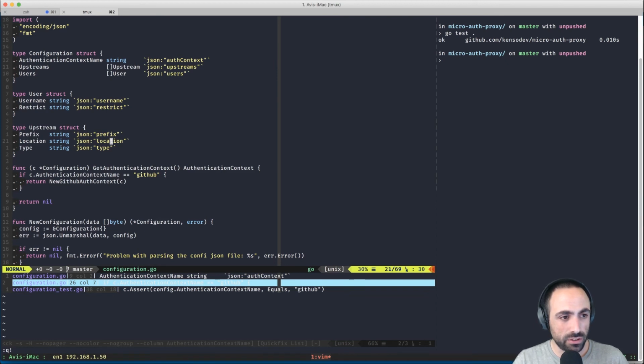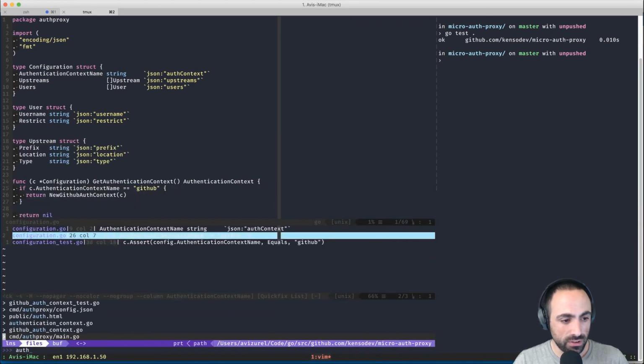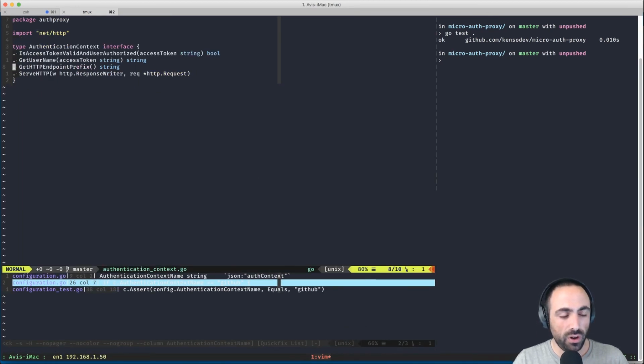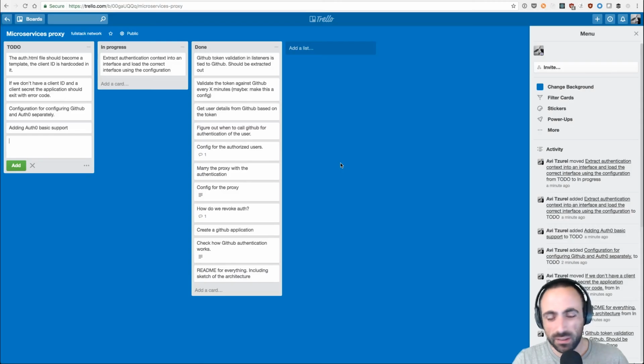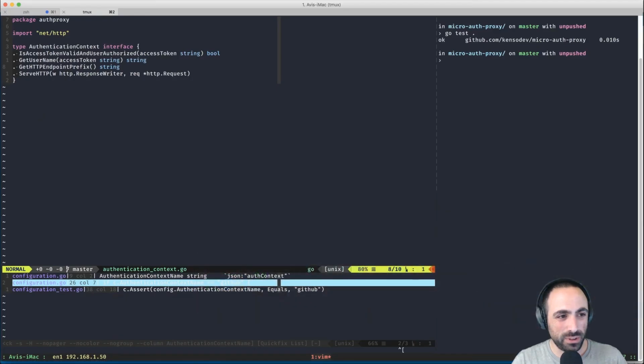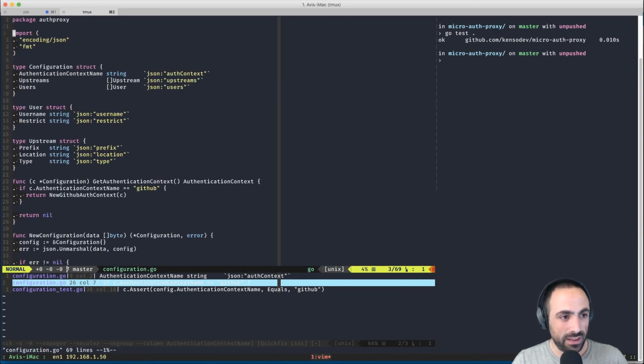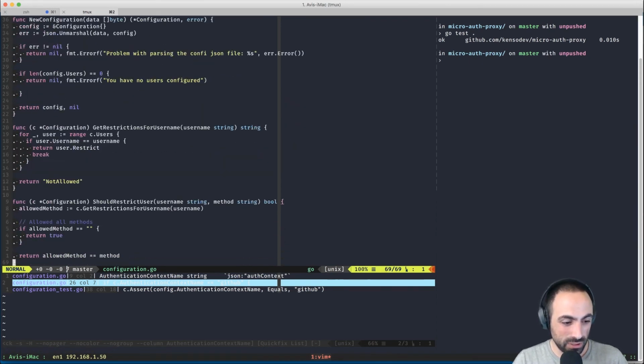So authentication context, get authentication context, returns authentication context. Oh my goodness. Wow. How is that even possible? I literally do not remember coding it this way, but I am proud of myself for doing it.